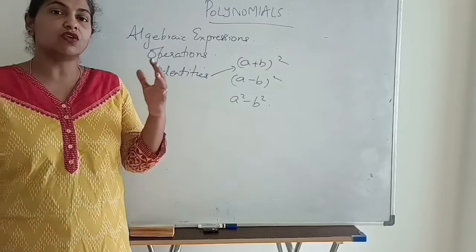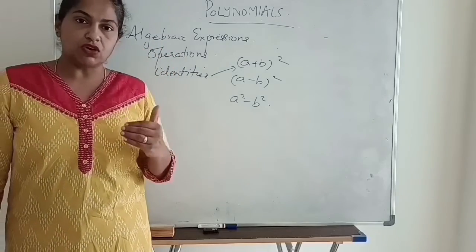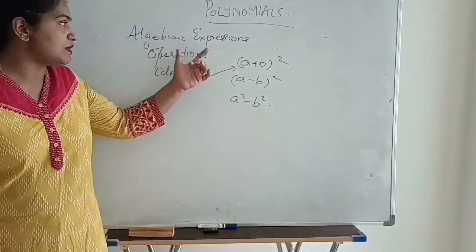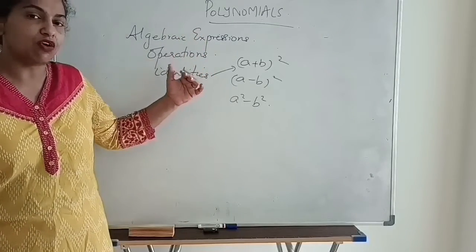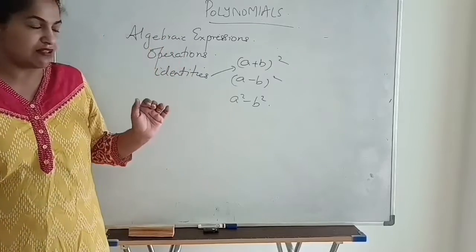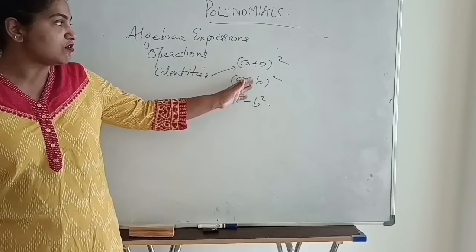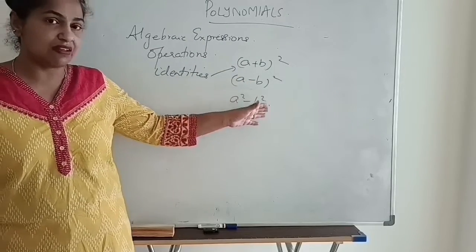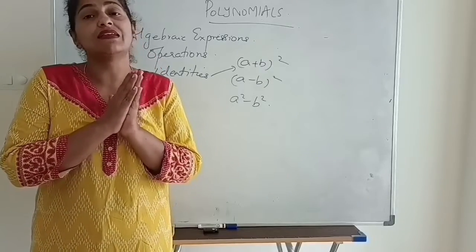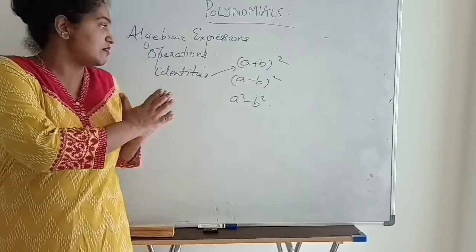Now before moving ahead with the concept of this particular topic, let us check the prerequisite knowledge that you should already have before you start the class. You should know about algebraic expressions. You should know the basic operations such as addition, subtraction, multiplication, etc. of algebraic expressions. You should know the identities: these three identities, (a plus b) the whole square, (a minus b) the whole square, and a square minus b square, and basic factorization of algebraic expressions using these identities. Now, if you are clear about all these three concepts,